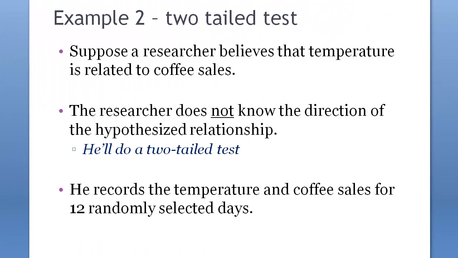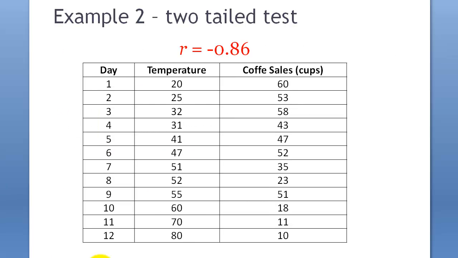Let's look at a two-tailed version of the correlation hypothesis test. Sometimes you don't have direct positive or negative ideas. So suppose a researcher believes that temperature is related to coffee sales, but doesn't know the direction of the hypothesized relationship. So he records the temperature and coffee sales for 12 randomly selected days, like that, and you get this